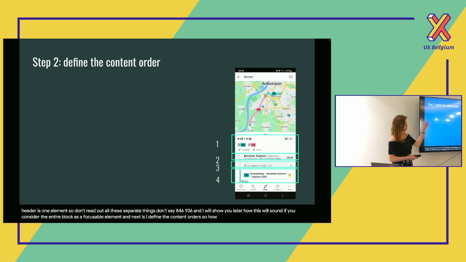So how do you scroll through the content, how does the focus move. And here in this example, it's pretty straightforward. It's just top to bottom. And if it's this obvious, I usually don't document it. Only if it's a specific order that's not really straightforward, then I do document it, but in this case, I would just skip it.